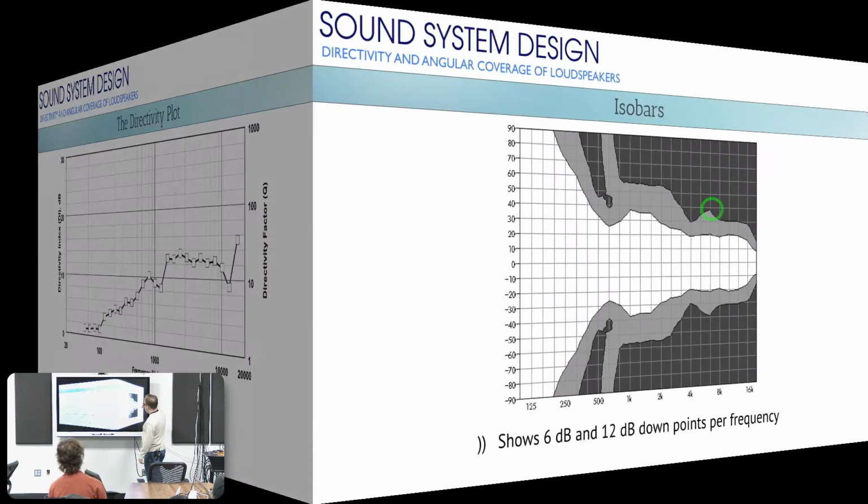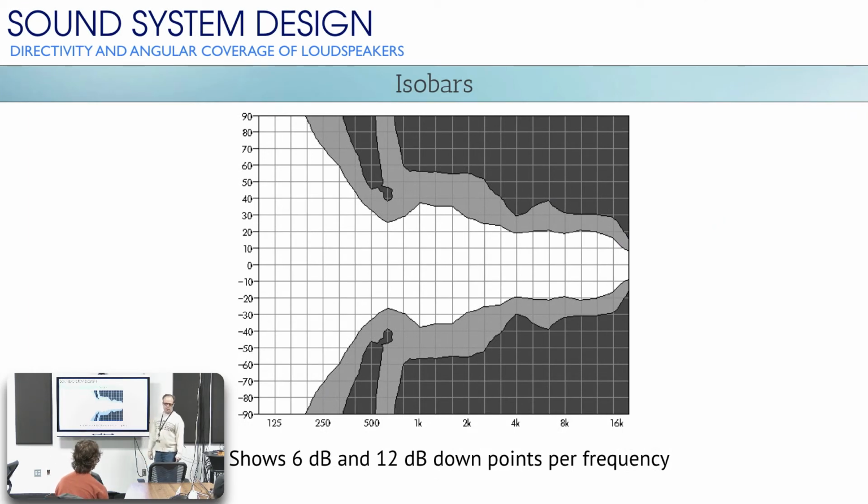Another way of looking at this is what's called an isobar. What do you see? That's right. It's like an ink blot test or something, right? So what this is trying to show you is the 6 dB down, 6 and 12 dB down